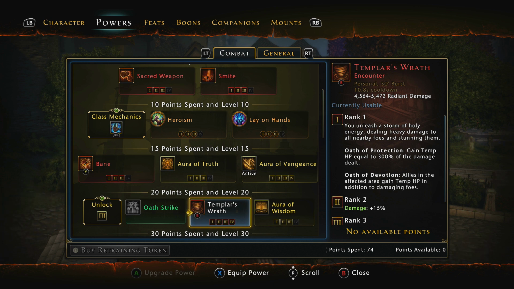I have at one point in Demogorgon, I had 420,000 hit points as temps, so that's 4 times as much as my maximum hit points. So I've got 500k hit points in total. You cannot get one-shotted from that. It's insane. You need to get Templar's Wrath up higher because, as you can see, it's temp hit points depending